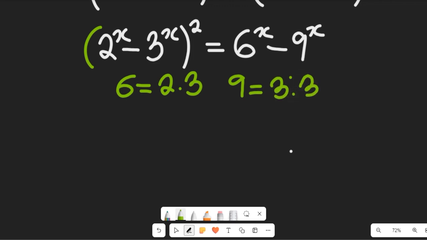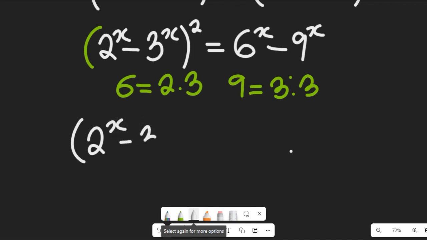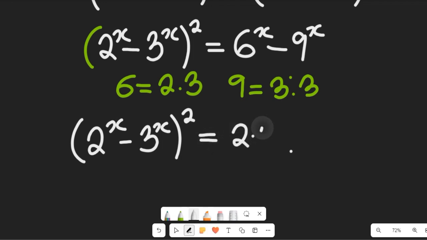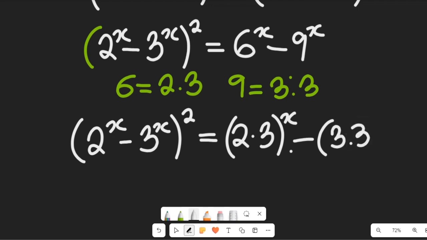So I can break down that expression to give me 2 to the power of x minus 3 to the power of x all squared, and that will be equal to (2 multiplied by 3) to the power of x minus (3 multiplied by 3) to